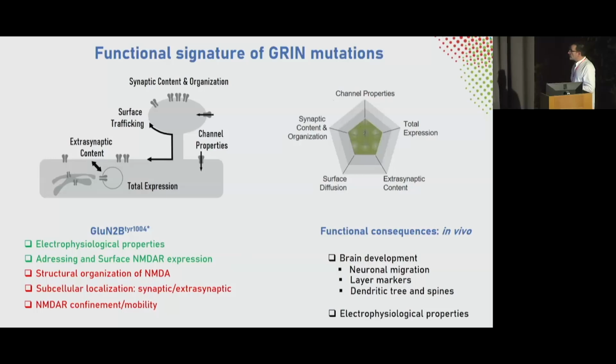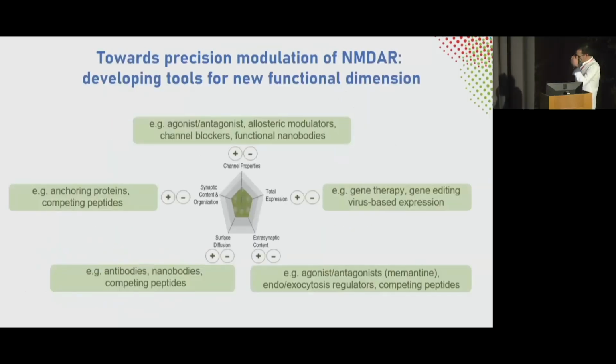What we are trying now to develop is in vivo analysis of the impact of this mutant in brain development: studying the impact of this mutation on neuronal migration and neuronal differentiation by analyzing layer markers, and analyzing the dendritic tree and spines directly in the brain of mice, to be close to what happens in the real condition for the neuron. And of course, studying the electrophysiological properties directly in the brain can also be really important. And probably the last,